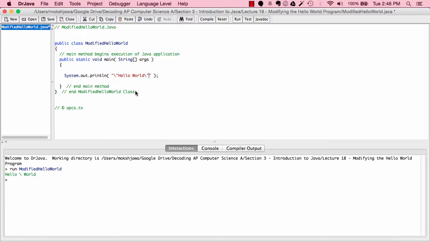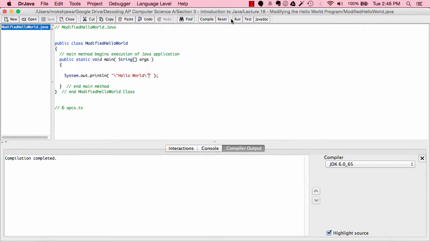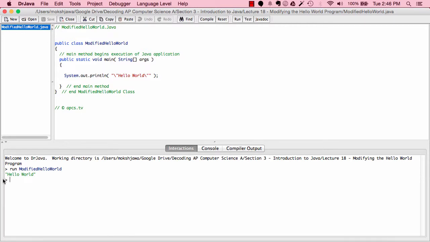Now once I've completed that, I would save it, compile it, and run it. And now, as you can see, it prints out "Hello World" in quotation marks. So this backslash-quotation is another escape sequence which helps us actually print out the double quotes. Again, the computer could get confused because usually double quotes are used to indicate whether it's a string or not, and sometimes when they're double quotes, the computer doesn't know when to print it. So if you'd like to get them printed out, use the escape sequence